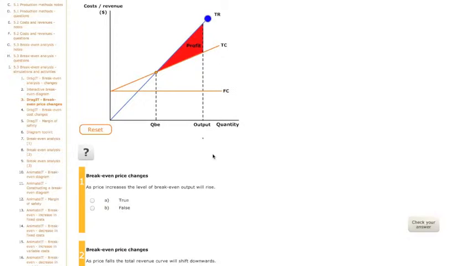So this graph is a cost and revenue chart. And so what we're able to move here is the total revenue, and total revenue, again,